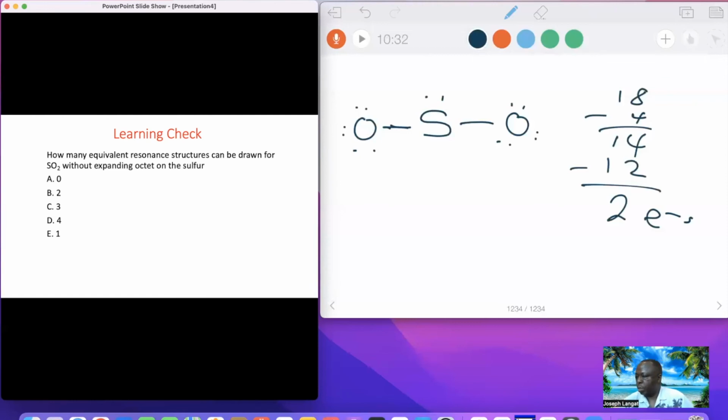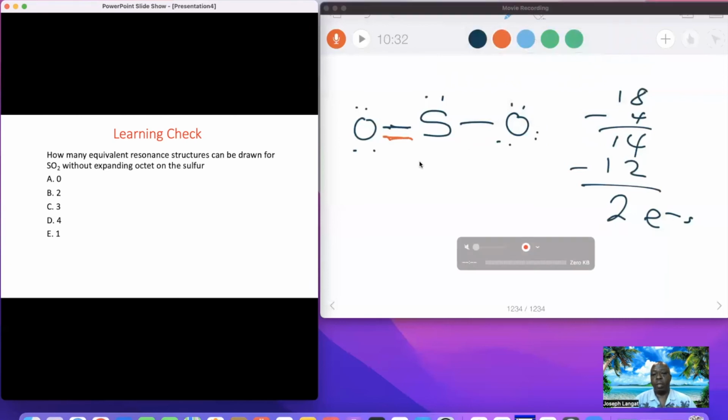But you can either use this and get rid of that. Or rather, we're gonna make this double bond here, so that sulfur and oxygen satisfy the octet rule. 1, 2, 3, 4, 8 on oxygen. 1, 2, 3, 4. It satisfies the octet rule. Even the last oxygen, 1, 2, 3, 4, which can also be